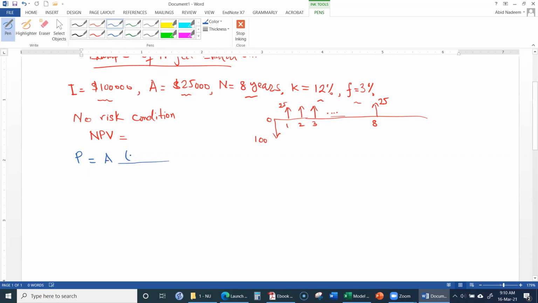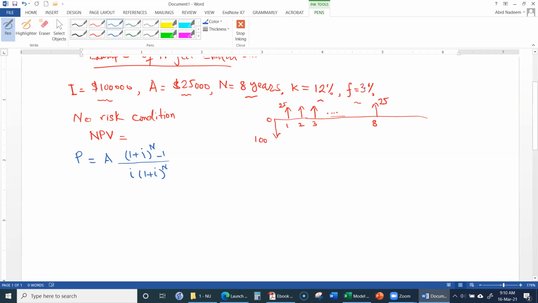Okay, so 1 plus K, 1 plus the interest rate, power n, minus 1, divided by the interest rate into 1 plus i power n. Okay, where i is the total interest rate, which may be the sum of the discount rate and the